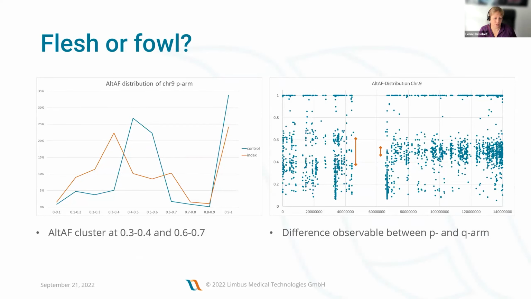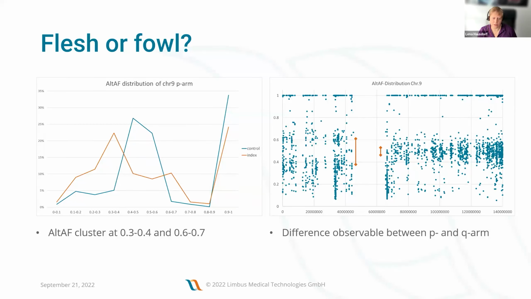And to further confirm that we were right in this matter, we also did a plot of the allele frequencies, and usually you would expect, like in this green line, a peak at 0.5 and one at 1: 0.5 for the heterozygous variants and 1 for the homozygous variants. The index case had a peak at 0.3 and one at 0.7, which is consistent with